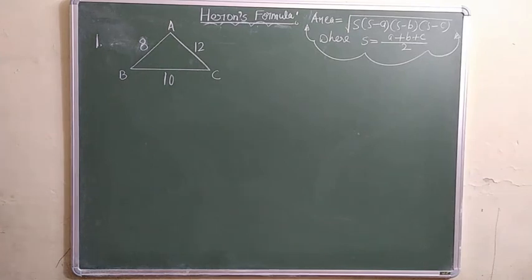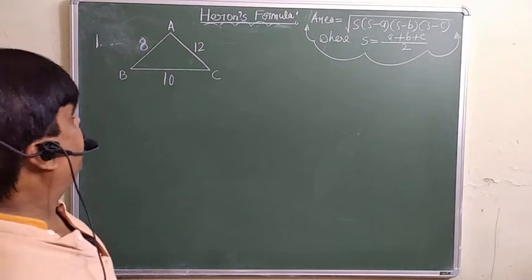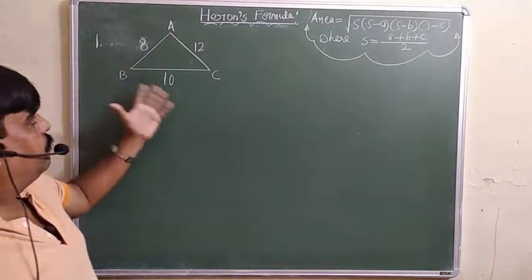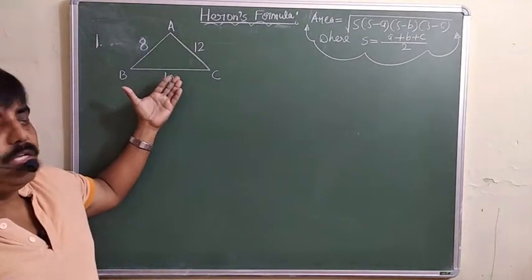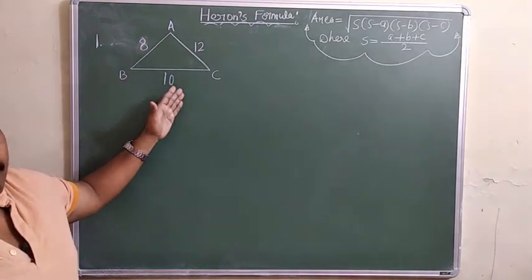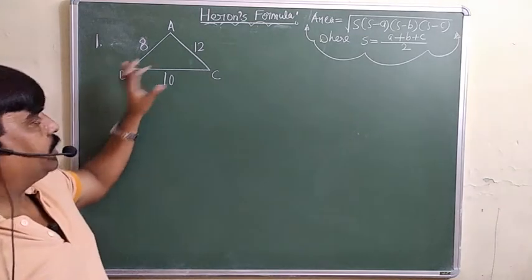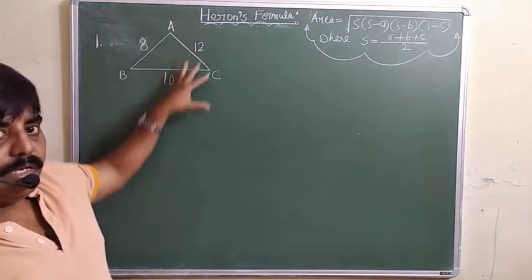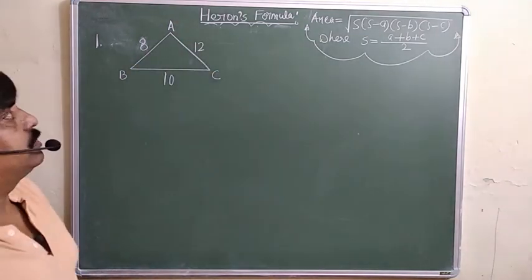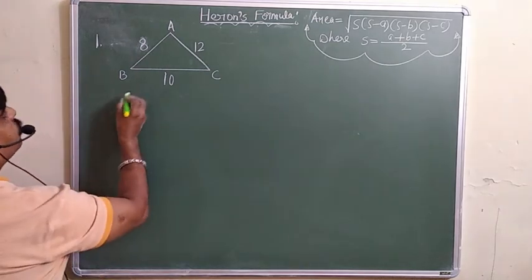Okay, now one problem we are taking, and then we will try to find out the area of this triangle by the Heron's formula because the sides are given. Later on, I'll discuss the shortcut of this one. Within a few seconds, you can find the area of this one. Within a second, we can find the area of this triangle. First, we are going to discuss the Heron's.